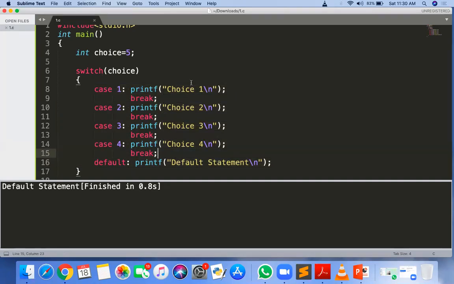This is just like your menu, and it will ask you to enter any choice. Suppose you want to withdraw money, then you select that choice by pressing that button. Here also we can give a menu: case 1 this thing, case 2 this thing, case 3 this thing, case 4 this thing, and then depending on what the user selected, that particular case will be executed.